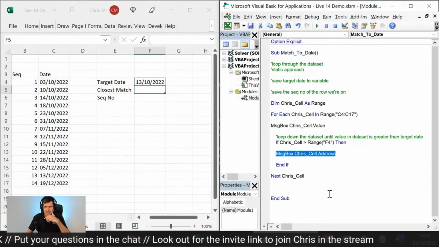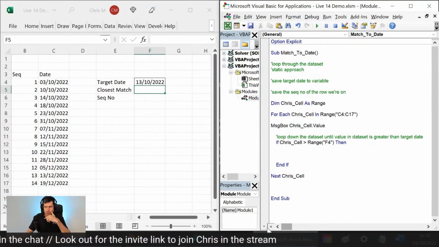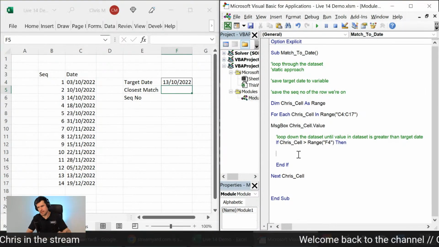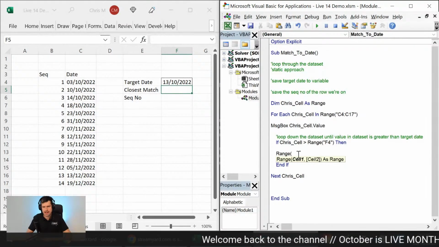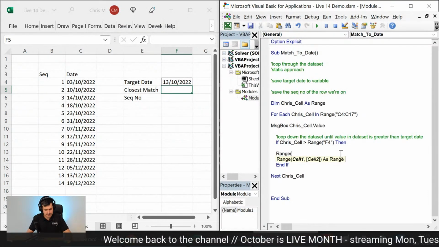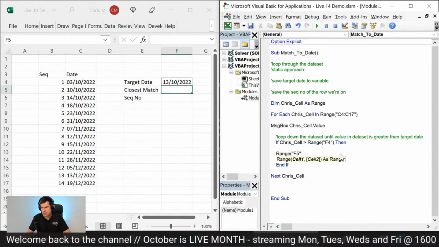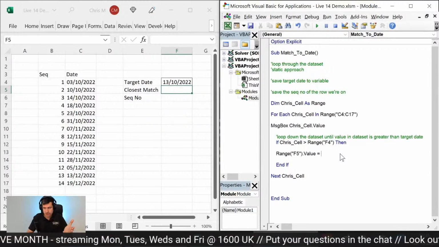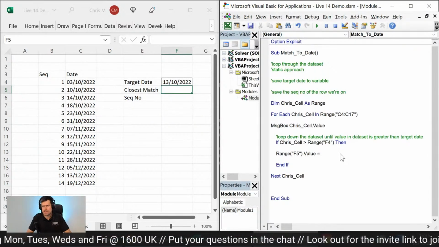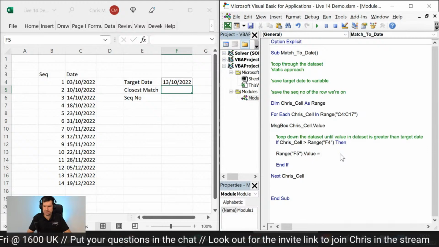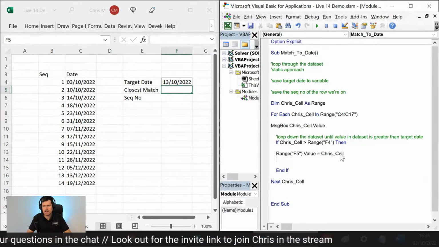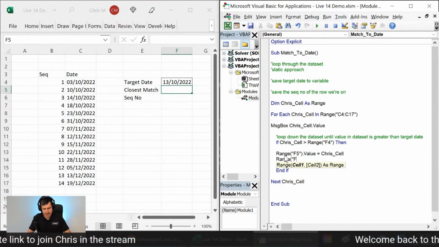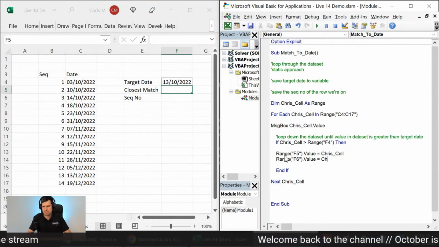So when we've found that match, we don't want the message box there. What we actually want to do is type in the value here. So I'm going to say range F5 dot value, not necessary to say dot value, but for completeness, as per our discussion just now, good idea to put that in. Range F5 dot value equals Chris cell. And for the sequence number, how would we get that? Well, that's going to be F6. So range F6 dot value equals Chris cell